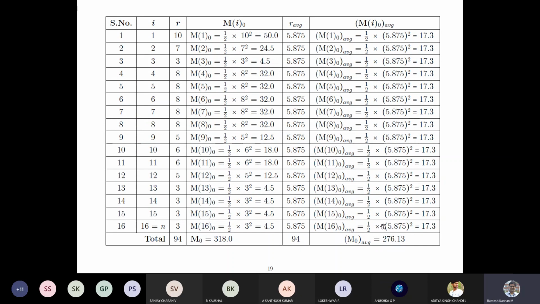The reason is that when we compared the sum of all the average moments, it is pretty much less than the sum of all the moments of the resources. So we need to compute or iterate in such a way that we arrive at least near to this sum of all the average moments. So 318 is pretty high when you compare to 276. Let's take a look at how to level the profile using this minimum moment method.